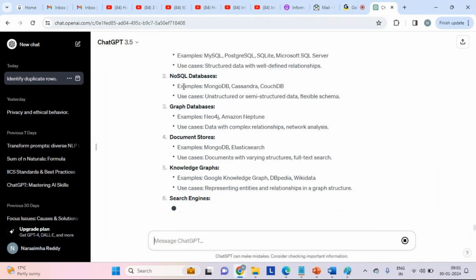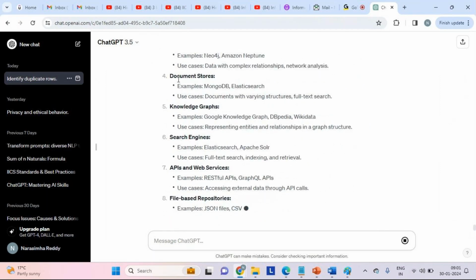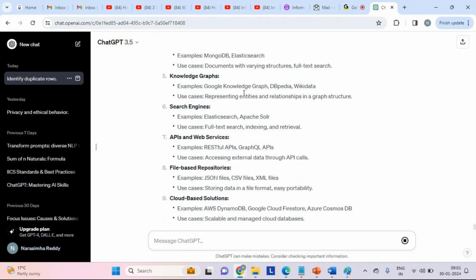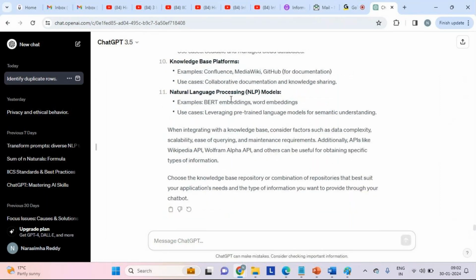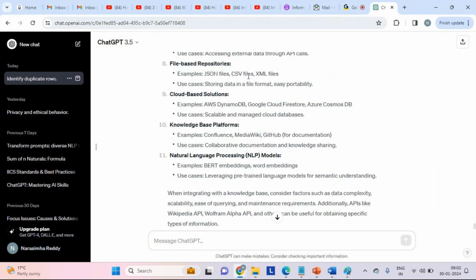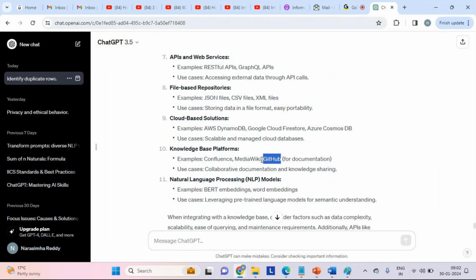See, relational, NoSQL databases, graph-based databases, document stores, search engines, file-based repositories, cloud-based solutions. See here, NLP models also, knowledge-based platforms. GitHub is one of the repositories, MediaWiki is also one more, and Wiki also. File-based repositories, where the data is part of JSON, CSV, or XML files. Or cloud-based repositories, AWS, Google Cloud, or Azure, whatever.